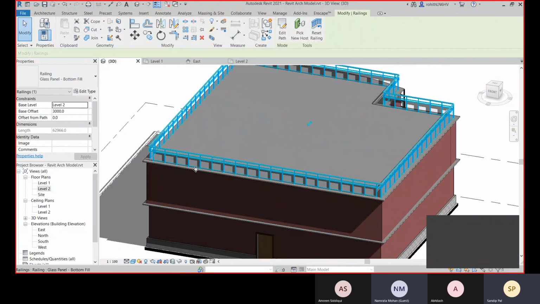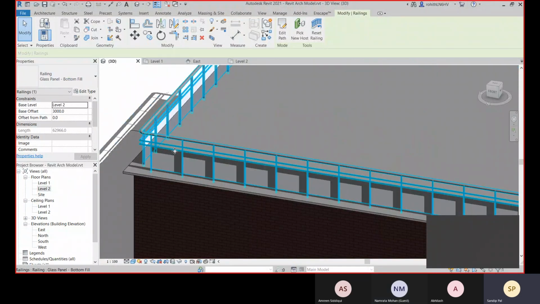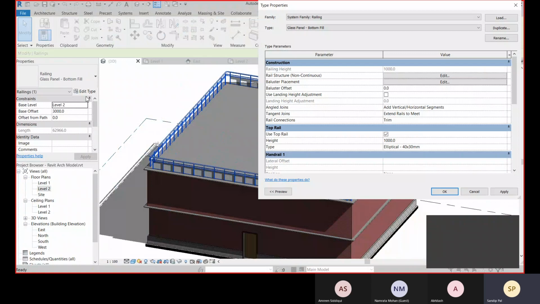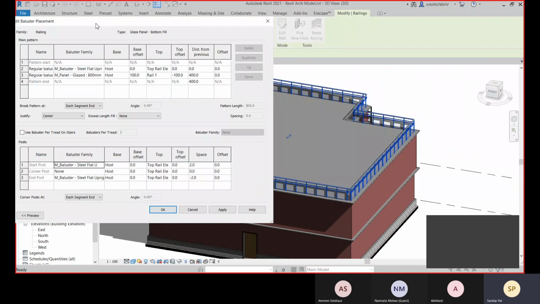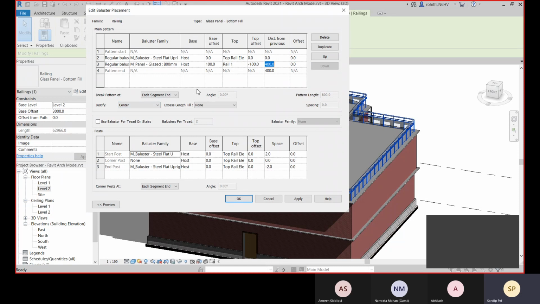So these things are divided. Let me show you how it is divided. In this baluster placement, you see this panel, glass panel. The distance is from the previous, that is 400, and it is from the center for this total path. That's how it is divided.